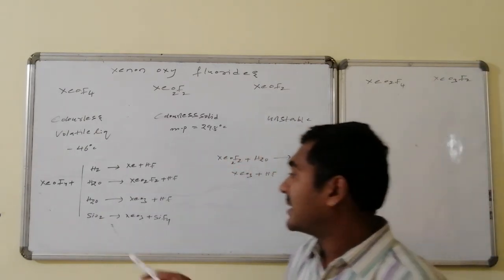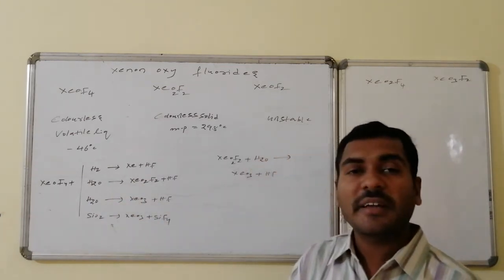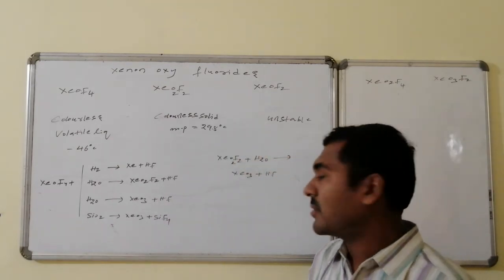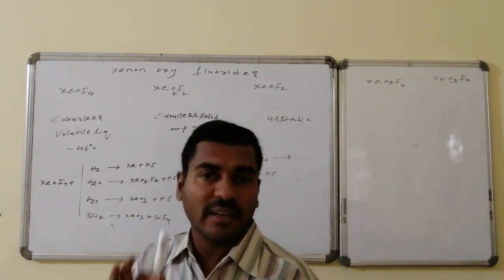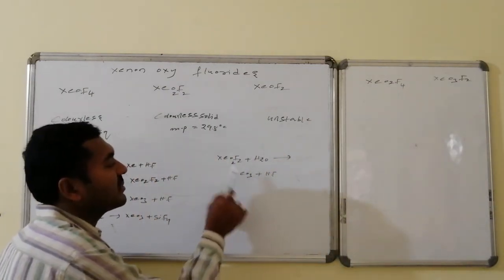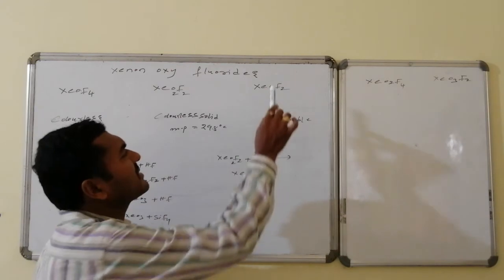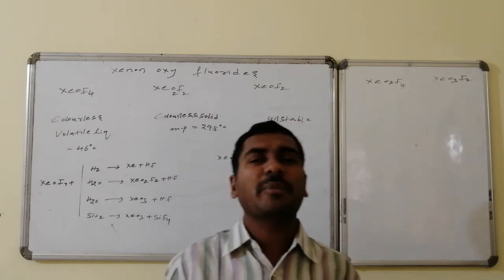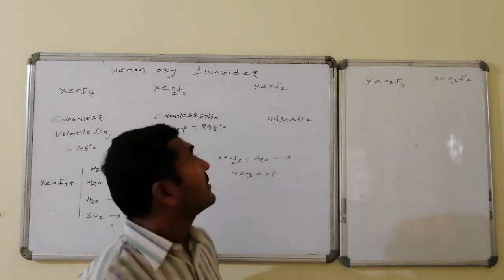If excess water is taken, it is converted to xenon trioxide followed by HF. The same thing is possible with silicon dioxide, leading to the formation of HF, and here silicon tetrafluoride formation takes place, that is, xenon trioxide followed by silicon tetrafluoride compound formation occurs. Whereas this xenon dioxy difluoride on reaction with water, two fluorines are replaced by oxygen and leads to the formation of xenon trioxide followed by HF. Whereas xenon oxy difluoride is unstable, related to its preparation, physical properties and chemical properties. Very little information is known about xenon oxy difluoride.